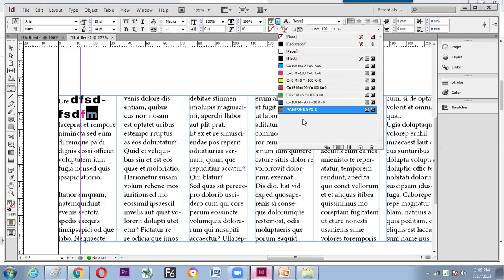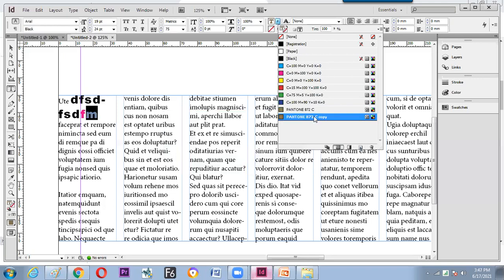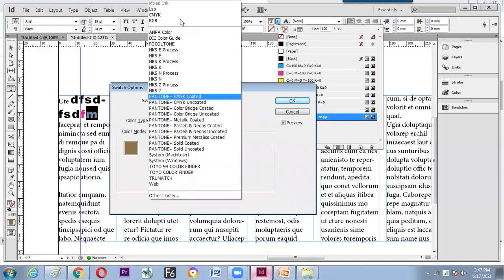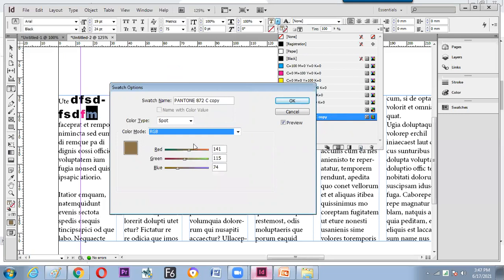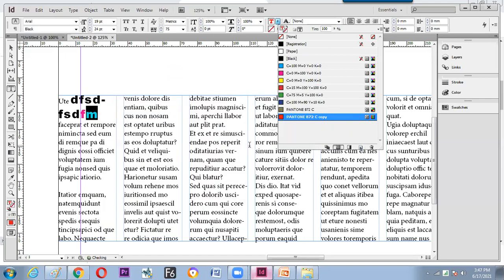There are millions of colors available in the library. By creating this new swatch, we can double click and find all this. Or else we can create our new color by changing the sliders. If you need pure red, yes, you can go like this. So hope we have understood now how to generate a new color for the text or anything by adding swatches and moving the slider. Is it clear now?